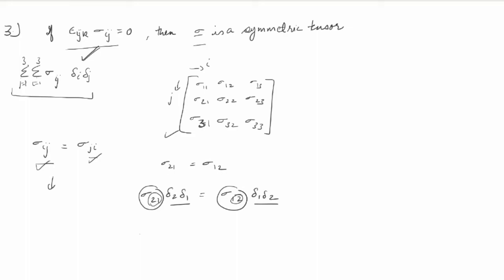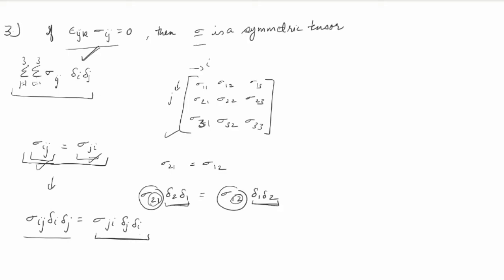When we write in Einstein notation and we try to write that sigma ij del I del j is equal to sigma ji del j del I, this means that we are writing the same thing. So this is the same matrix, not a symmetric matrix, because I and j on the right hand side are free indices and I can be replaced with j and j can be replaced with I. So when we are writing a symmetric tensor in form of Einstein notation, we need to be cognizant of the fact that the magnitude is the same for both but the directions are reversed.